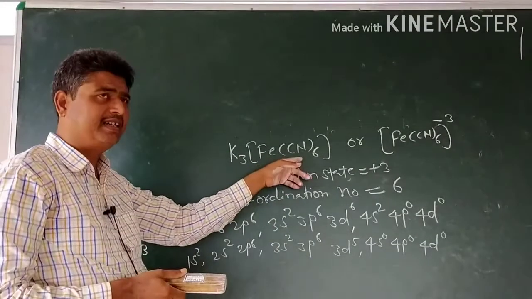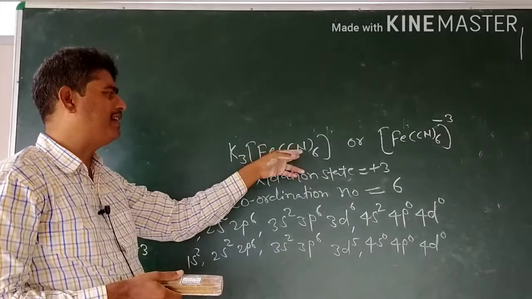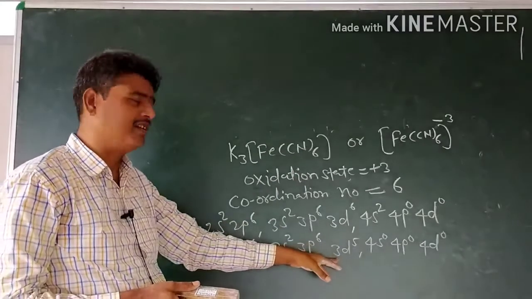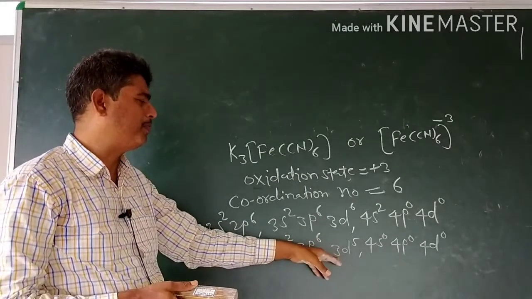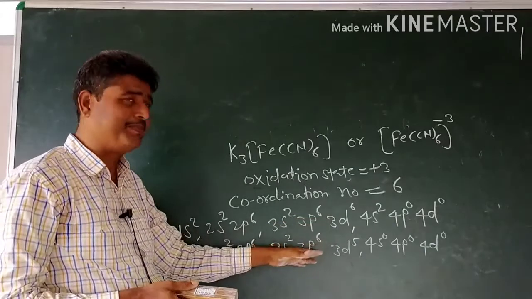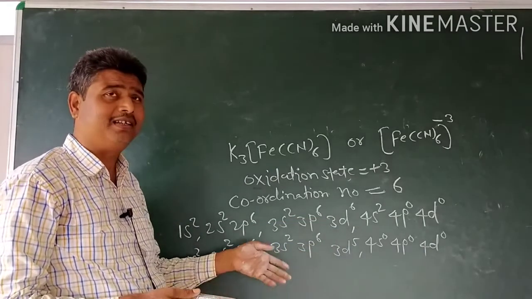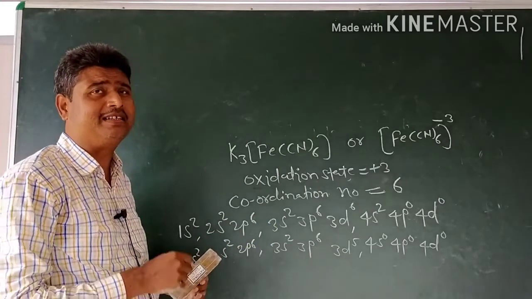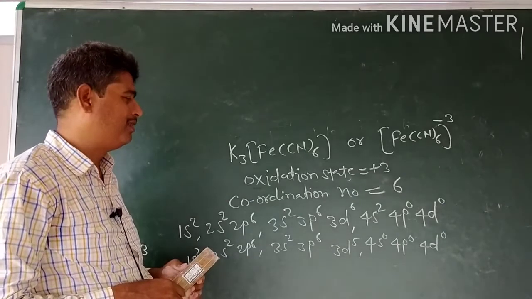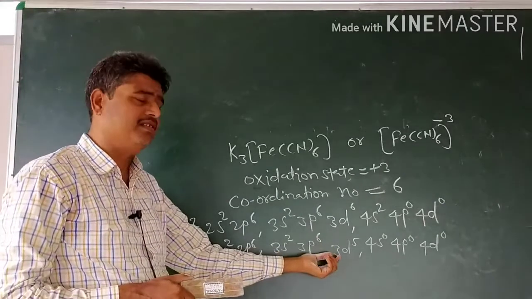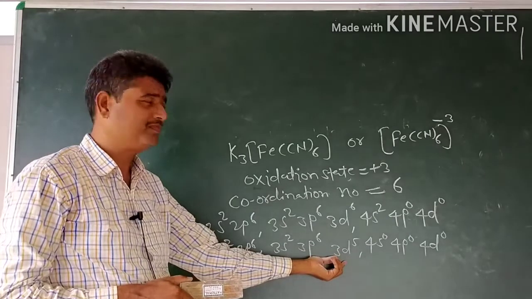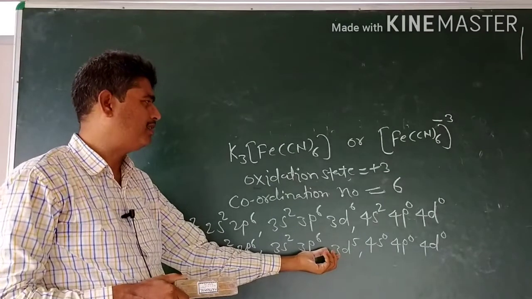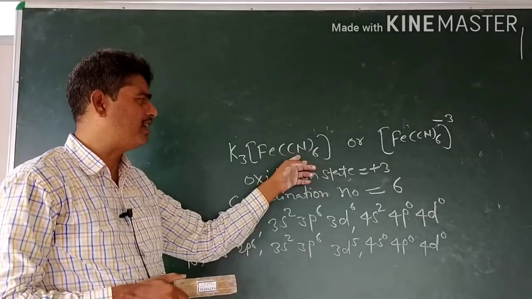Here the ligand is cyanide. Cyanide is a strong ligand. Again, the 3d orbital is not fulfilled. If the 3d orbital is not fulfilled and the ligand is strong, pairing must occur in the inner d orbital. So being incomplete 3d, electrons would be paired due to the influence of this strong ligand cyanide.